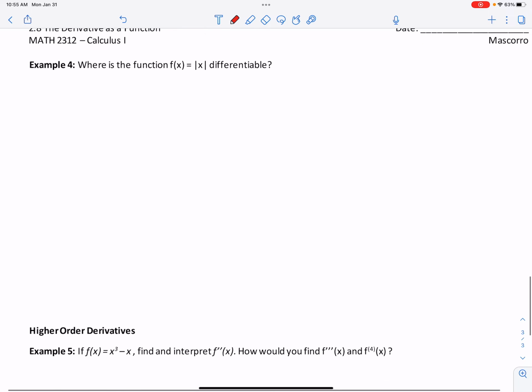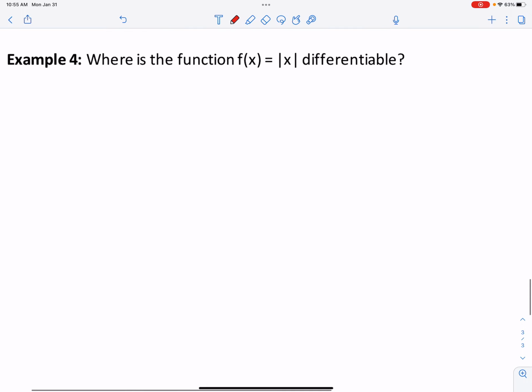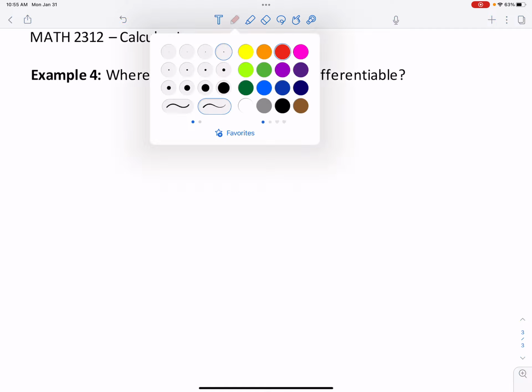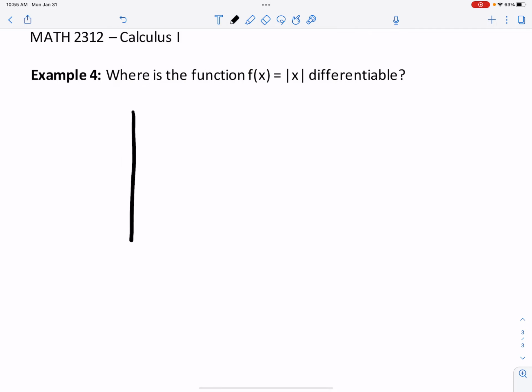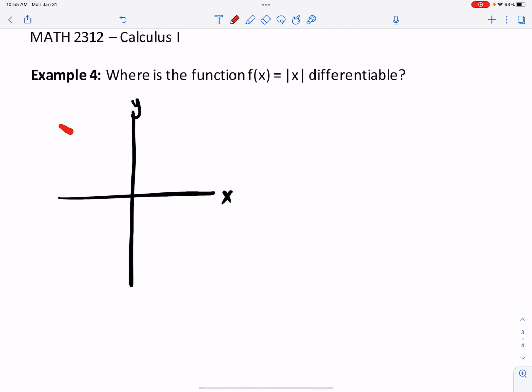All right, let's go ahead and do an example on what I mean by that, and then we'll end with example 5. So example 4: where is this function f of x equals the absolute value of x differentiable? Now, if you have a graphing calculator, feel free to sketch that. If not, I'll just tell you what the graph looks like. Here's the x-axis, here's the y-axis. And if you graph this line, f of x equals absolute value of x, it just looks like